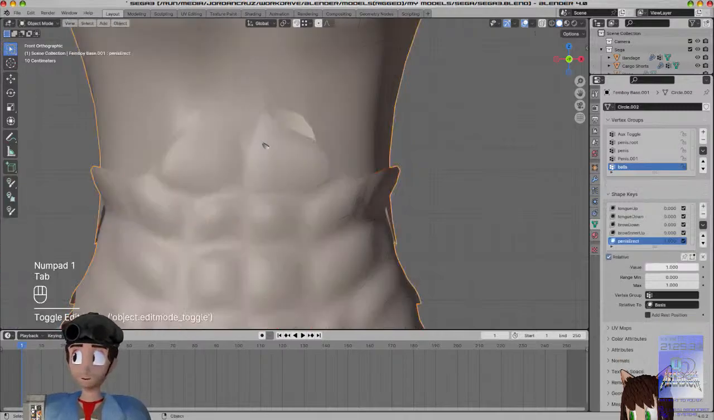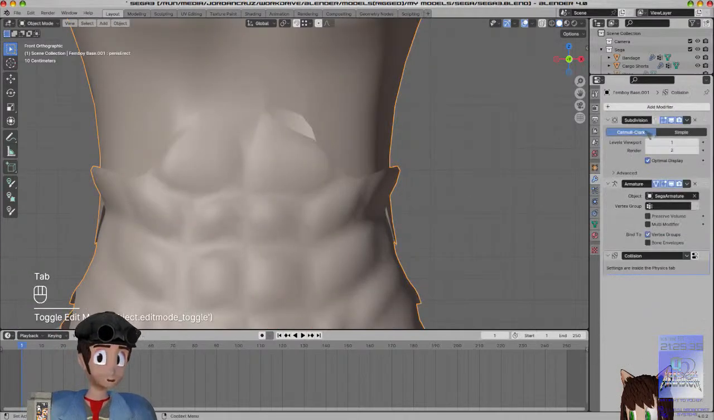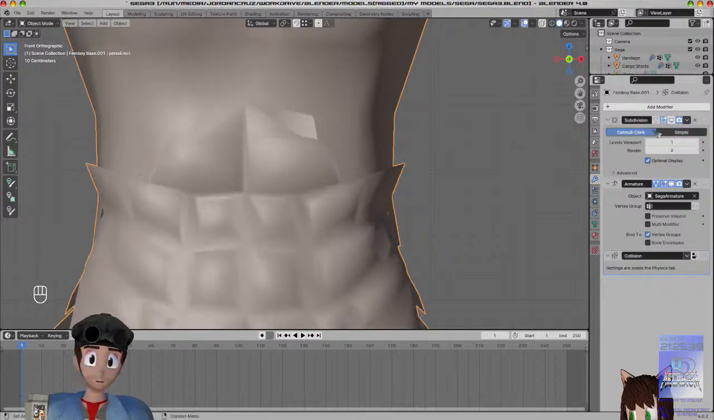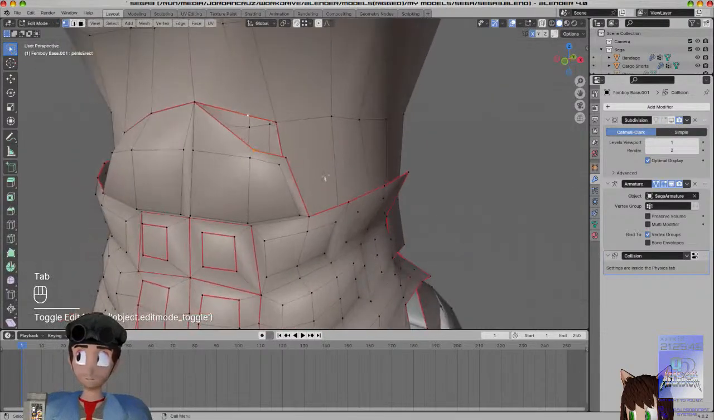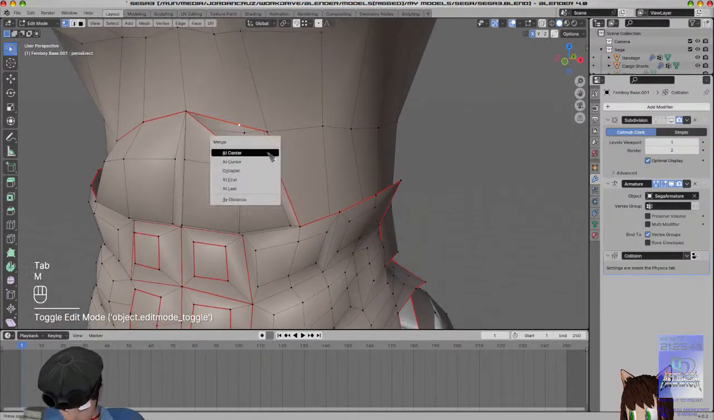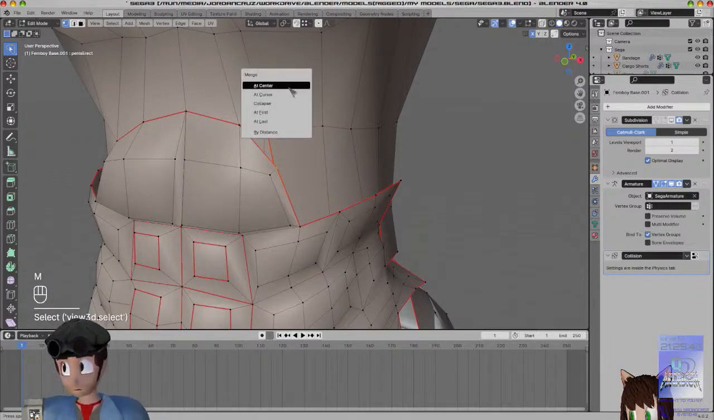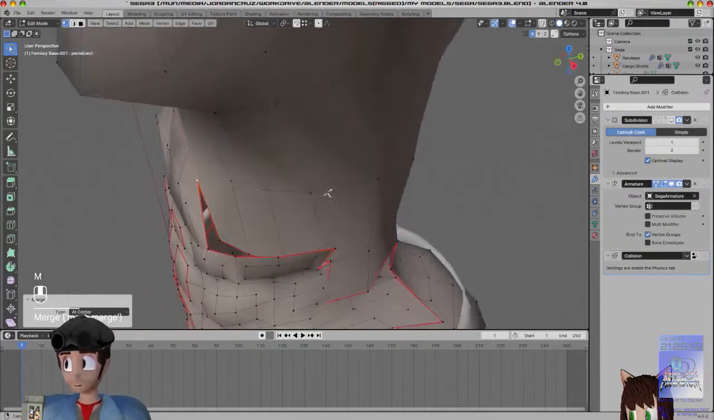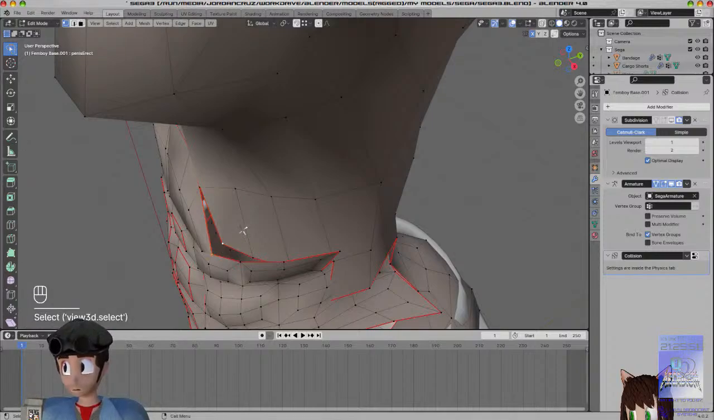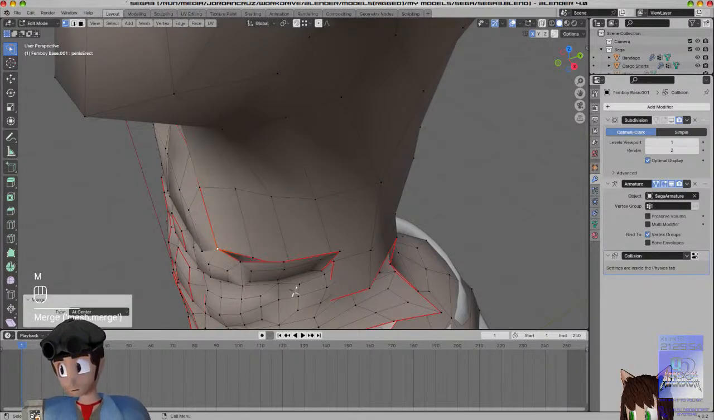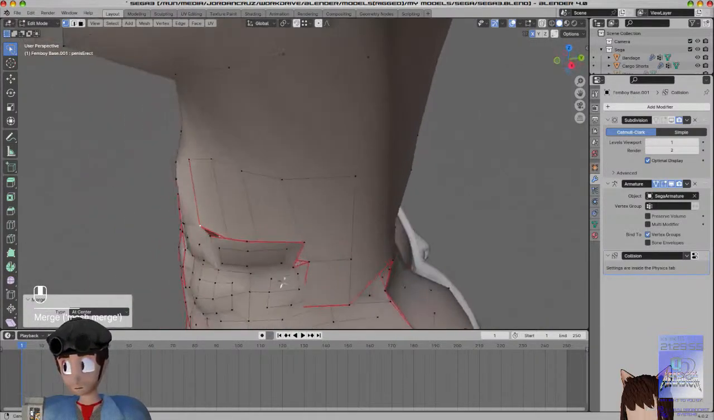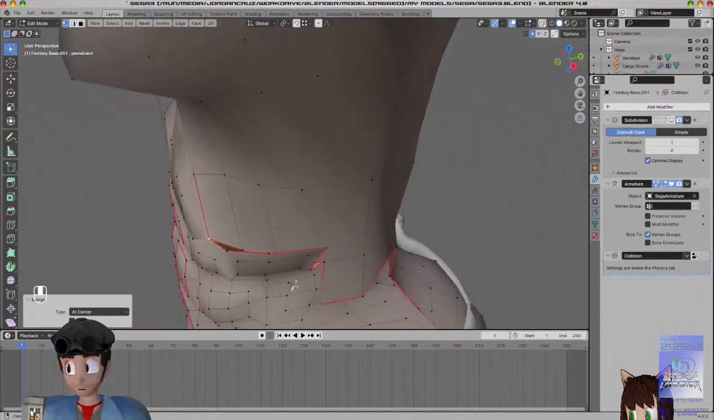You also notice that this is deforming. That is because I have subdivisions enabled. So I'm going to disable subdivision view. Merge at last. Merge at center. And I think the rest should be merge at center because this is going to need to be